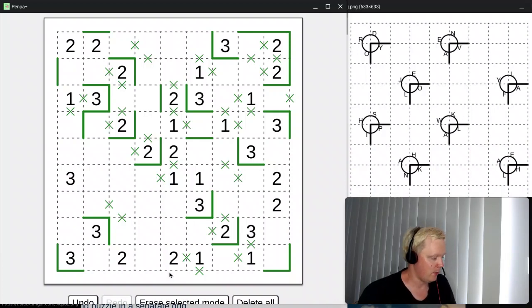But we also know that this can never be part of the loop now because this end would have nowhere to go. Can't go up, can't go to the right. So this is also an x, and now we have 2 empty sides for this 2, so we can fill in the 2. This end has to continue this way. This end has 2 options. These are x's,